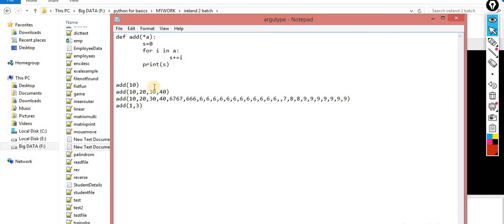Whenever the function is called, it will automatically consider the values I pass, that means it contains this much amount of data. Again I call this, again it considers this much amount of data that I have.